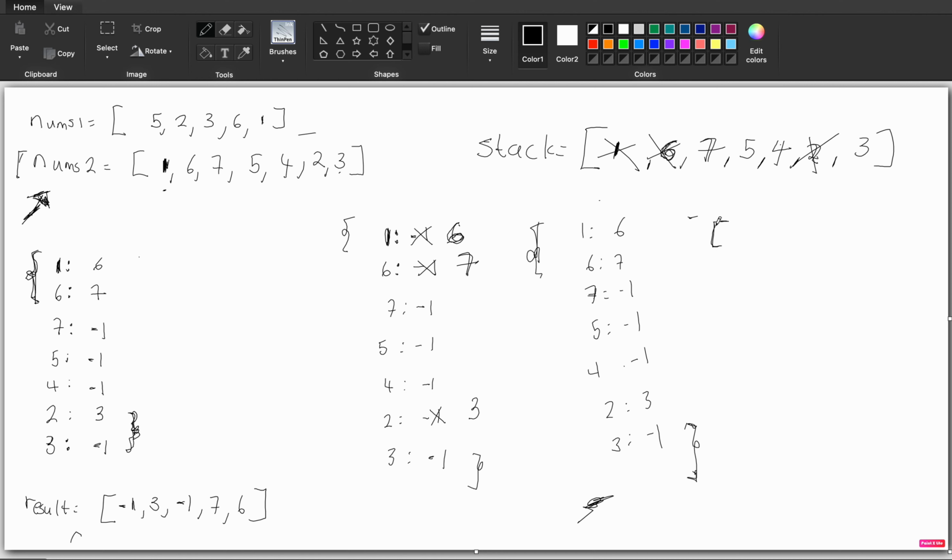Let's say I have an array 2, 3, 1, 5, 4. Building this, for 2 the next highest element would be 3. For 3, the next highest element will be 5. For 1, the next highest element will be 5. 5 will give me a -1, and 4 will give me a -1. Using this stack method,